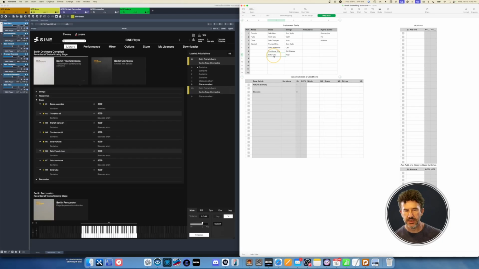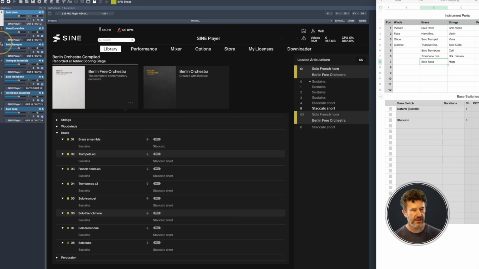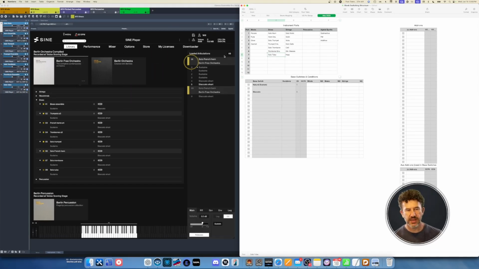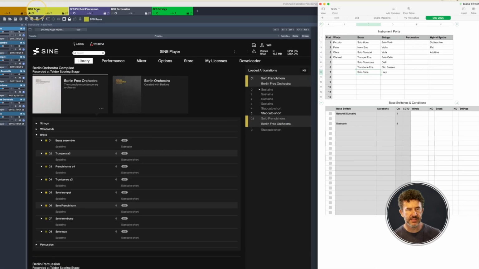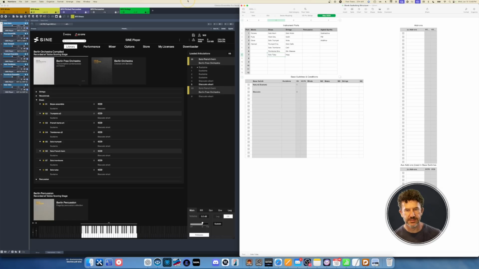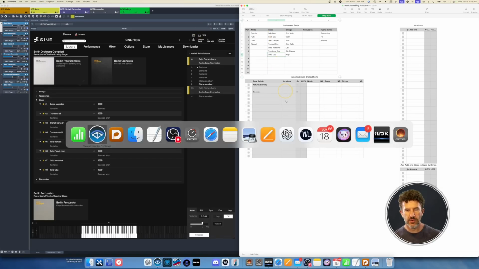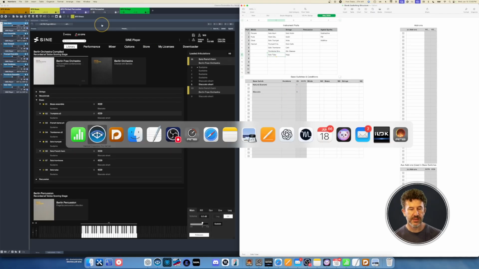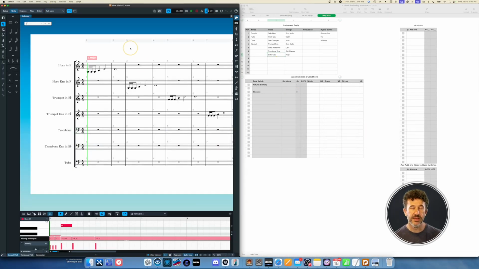Each one's on its own unique port and has its own unique audio output pair right there. I have that set up inside an instance in VE Pro called BFO Brass. And then I only have 2 articulations: natural, which is always going to be channel 1, and staccato, which is always going to be channel 3. When I'm back in Dorico, in my endpoint configuration project, we can see